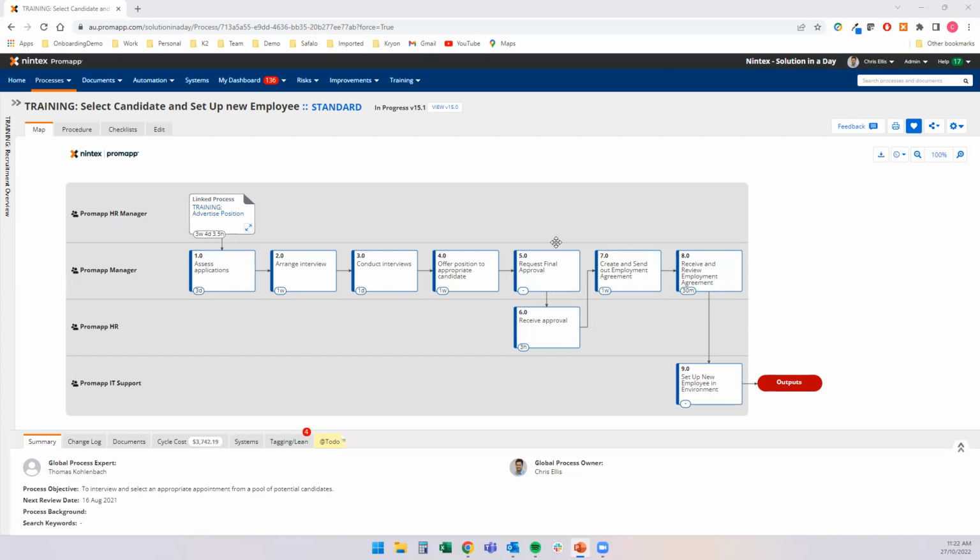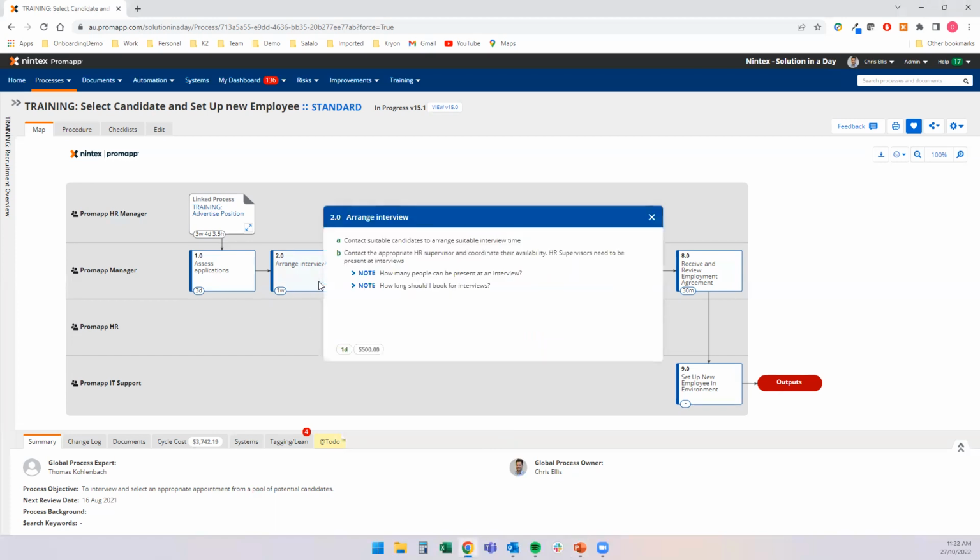Now, this is a process. We use it for demo quite a lot. Select the candidate, set up new employee. You'll see the roles and responsibilities on the left-hand side: managers, HR, IT support. And fairly front and center are my activities, the things I need to do at a very holistic level,